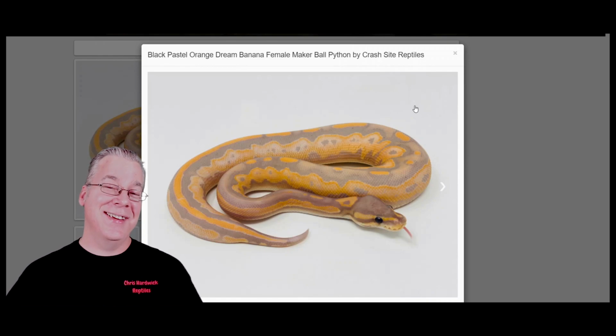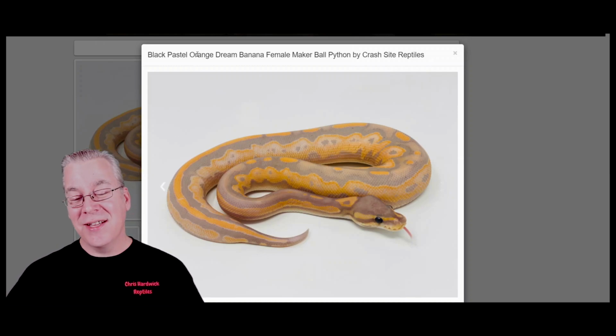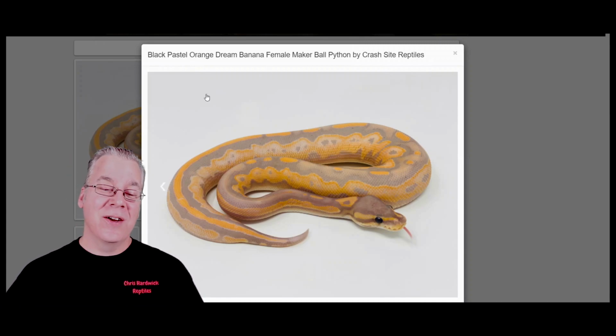Take a look at this crazy snake. This is one of the wildest snakes that I've actually seen as far as any type of banana combination. You can definitely tell that it has the banana from the yellow color, but you can definitely tell on this one, the black pastel is really darkening the background. Kind of interesting. And then the orange dream, it's weird because sometimes when you actually work black pastel into certain